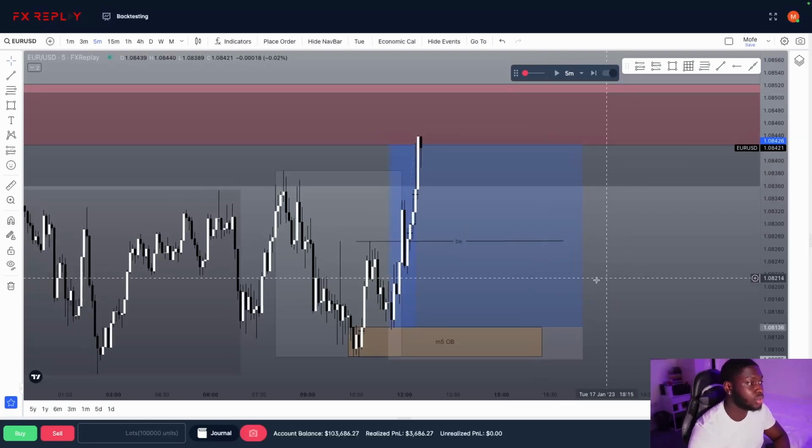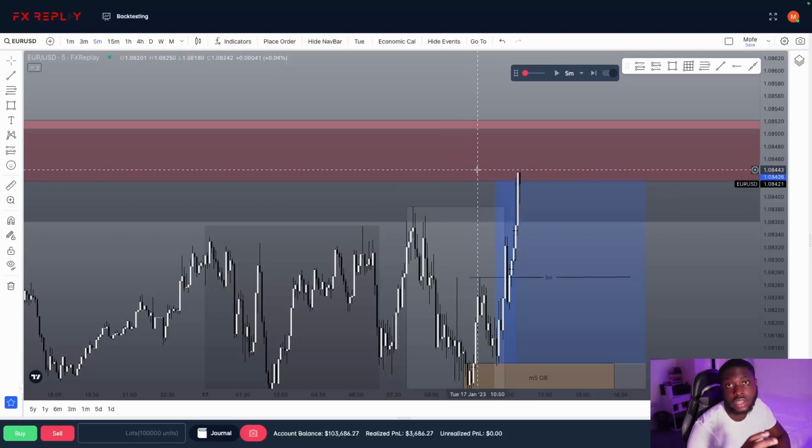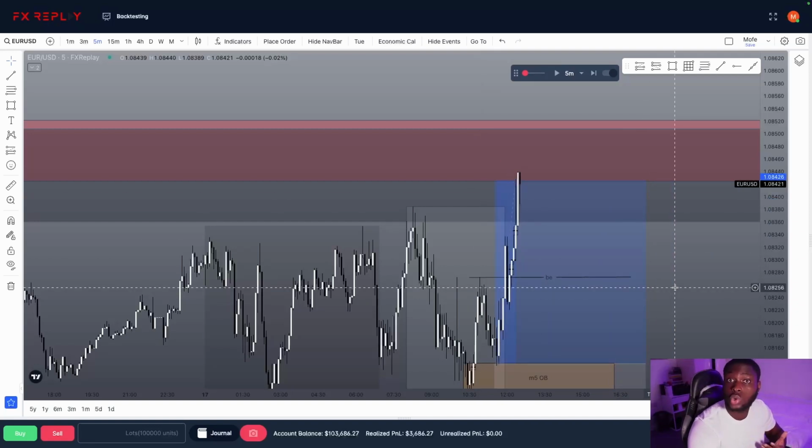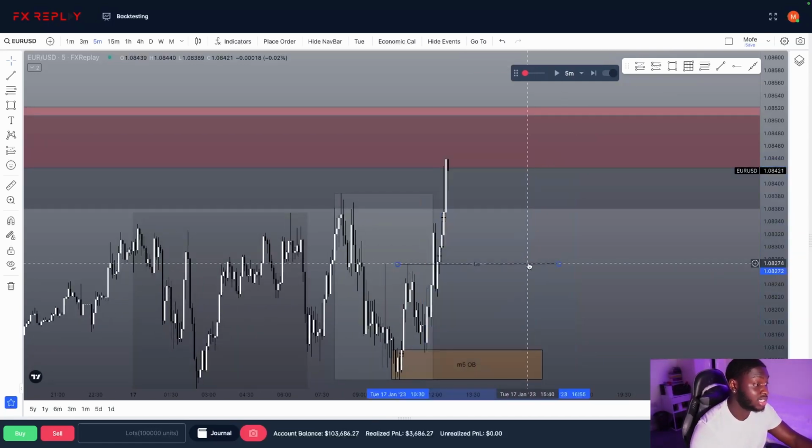It's very simple. I was bearish on this day, but I would have loved to see price push into the H4, H1 fair value gap overlap before I see the bearishness. So that's the only reason I felt like a buy was also valid in this situation. But if not for that fair value gap overlap, or where I really believe price was going to before we saw a reversal, I would not have taken this buy. I would have kept with my sells. But yeah, that's really it. This was a nice clean trade as well.